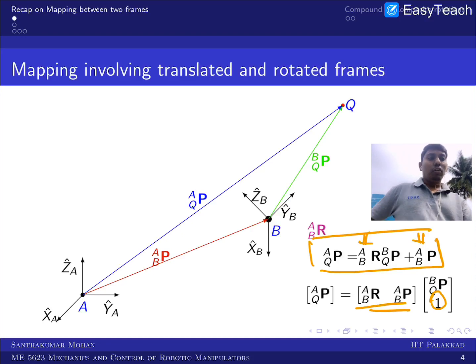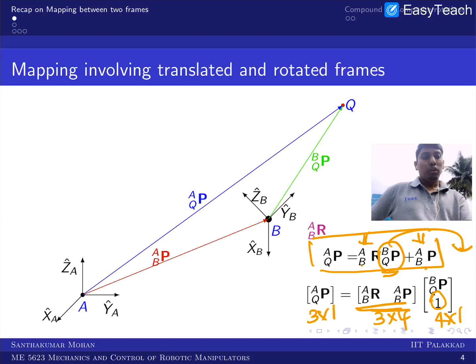In the sense I did not change anything, I took this out and made it as the rotation matrix and the orientation vector as a matrix. Here it is 3 cross 4. Since this is only 3 cross 1, I am adding one additional dimension. Now it is 4 cross 1, but the final one, which is what we wanted, is 3 cross 1, right? But this is a rectangular form. Anyone who is keen on matrix algebra knows that a rectangular matrix is not user friendly.